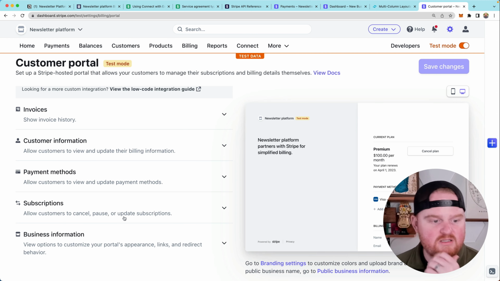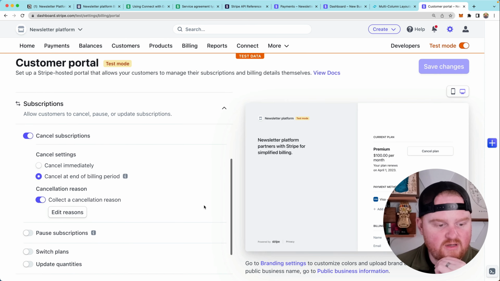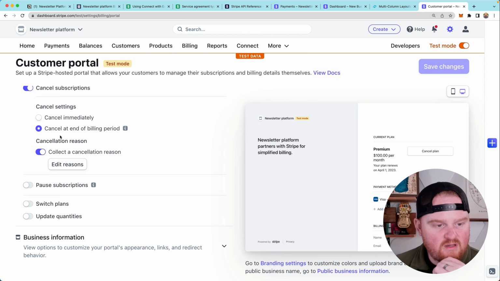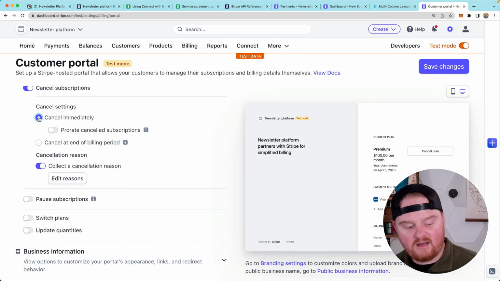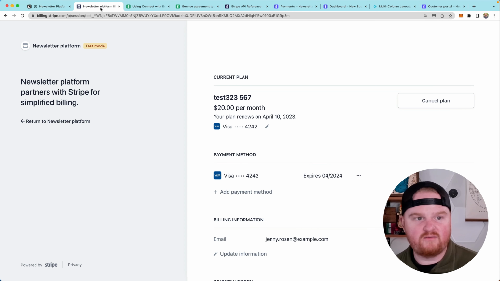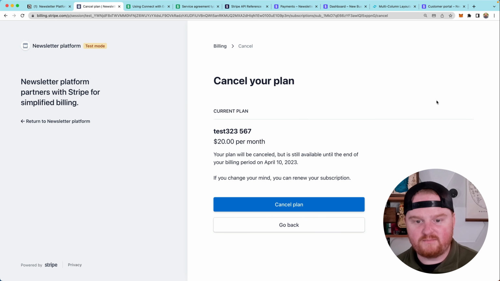Okay, let's look at our customer portal settings too, because I wonder if it's set to cancel at the end of the billing period. Right. Okay, so we need this to cancel immediately. We want it to cancel immediately. Otherwise, we have to wait till the end of the billing period, which we can test with test clocks, but for now, let's have it cancel immediately so we can test our logic. So let's say cancel the plan, cancel it,